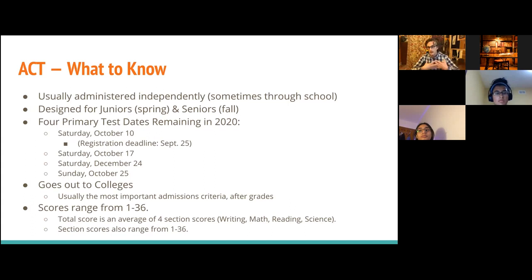So it's not necessary. It might be through your school, but usually people take it by going online and registering it and taking it on the weekend. Sometimes it'll be in the school, or sometimes it'll be elsewhere. I know actually right now there's a lot of hotels that are, because they don't have any guests. So the SAT people are renting out like whole hotels, and then are administering things in different rooms. But you can sign up to take those SAT multiple times, and